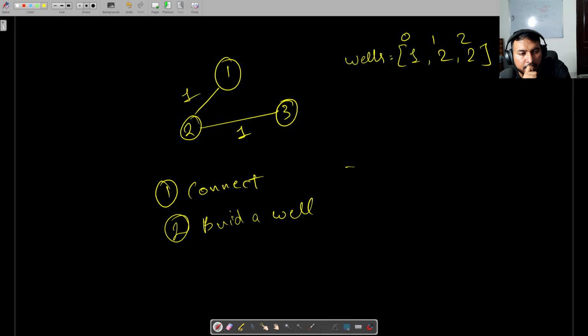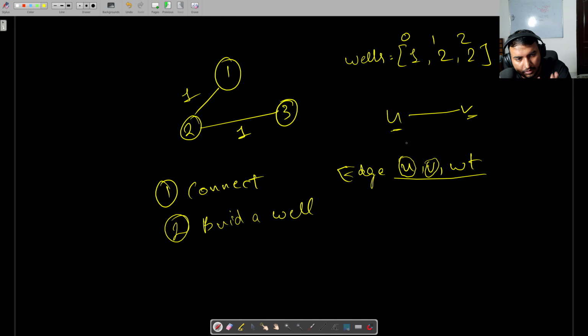So when you have an edge, u comma v comma weight, you have to take the decision on that edge itself. That either you are going to build this edge and place the well on the